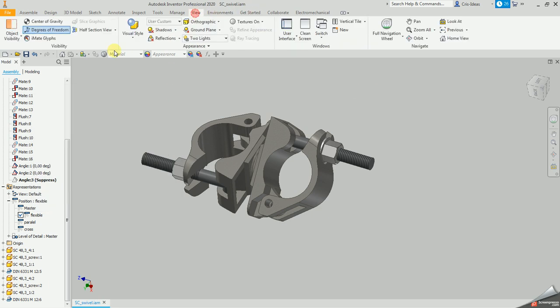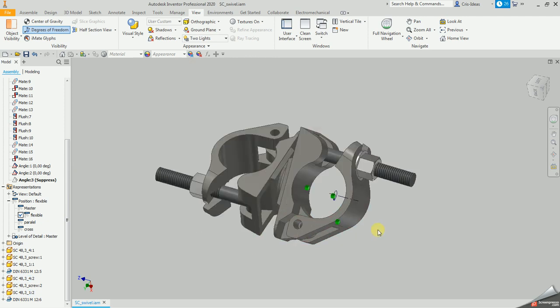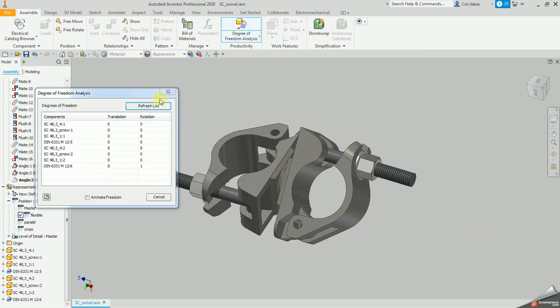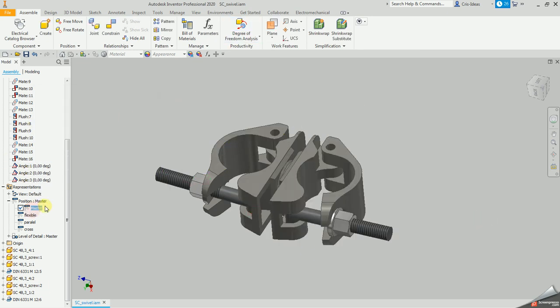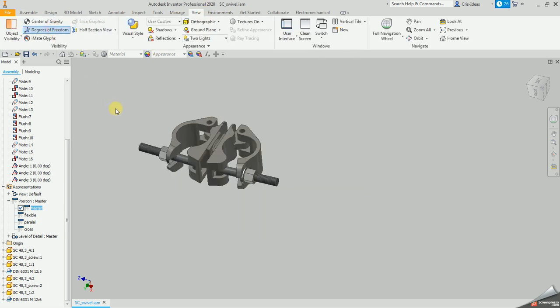And furthermore, when we show degrees of freedom and indication in view, we have an indication that something is moving with something else. But this table does not follow this approach. But let's see now what happens when I switch to master. I activate that, then I switch to flexible, and now I activate it again, and now